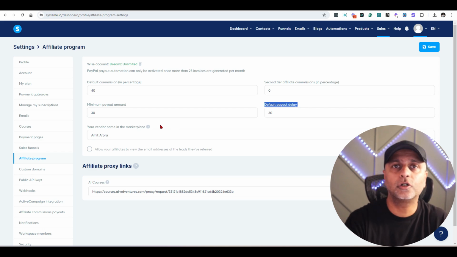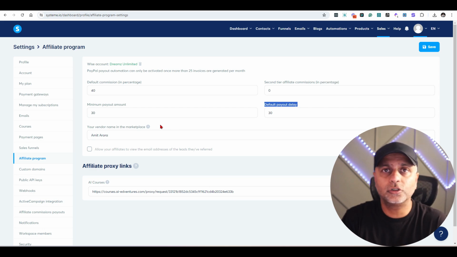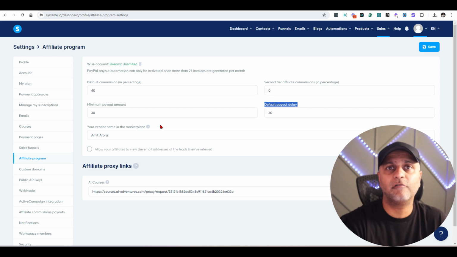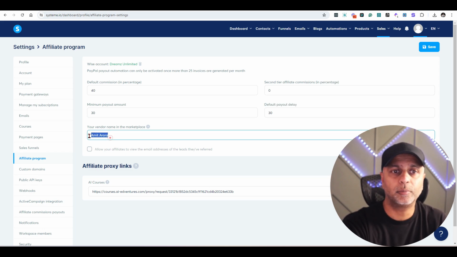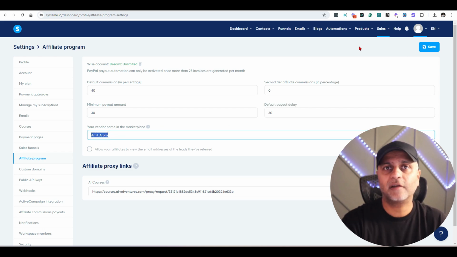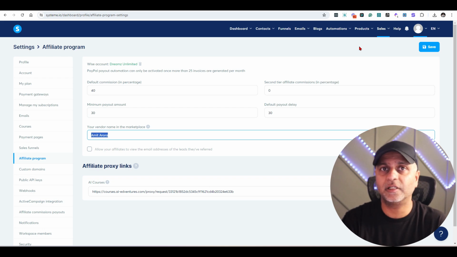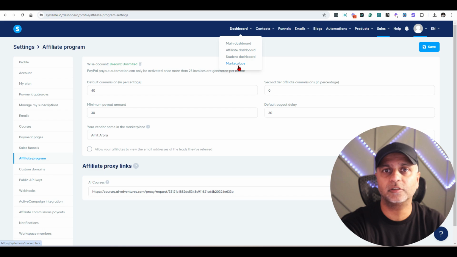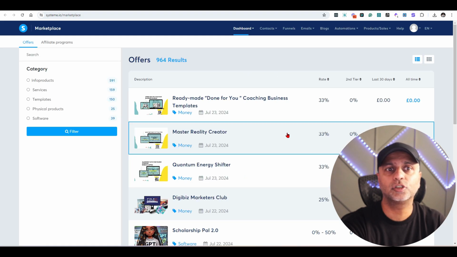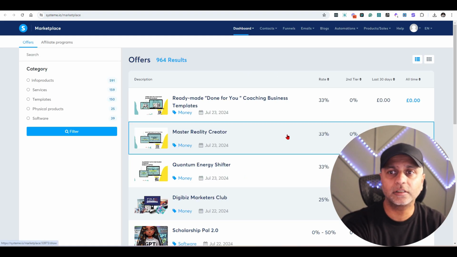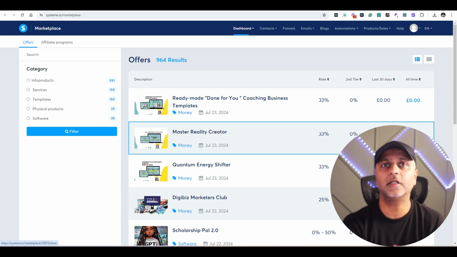Then if you're going to publish your course or your digital product in the vendor marketplace, you would want to pick a name for the vendor marketplace. And if you want to look at system's marketplace where other affiliates are promoting their products, you can go to the marketplace from this dashboard link, and this shows you all the products that are being currently offered